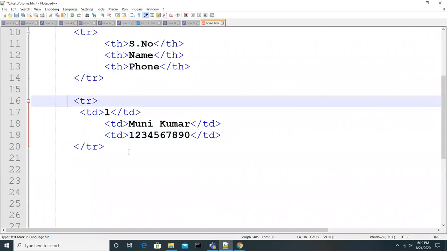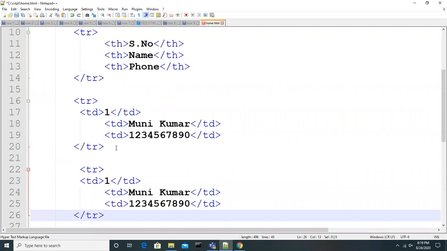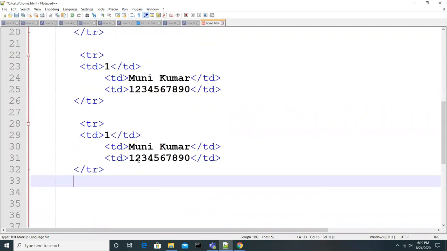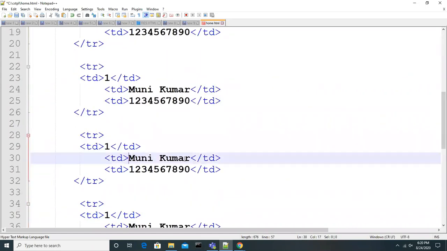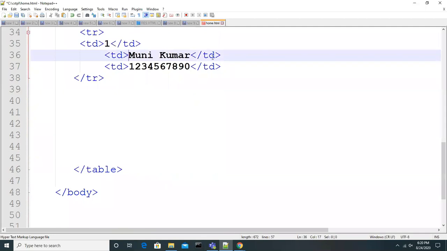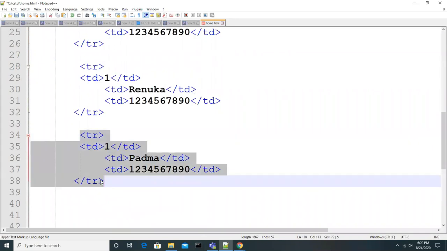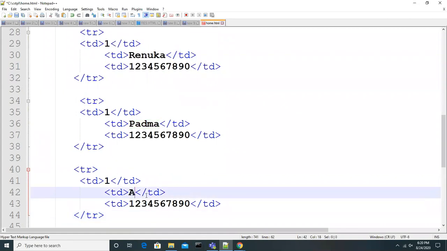Like this, I will create many rows here. Row 1, row 2, row 3, like this. Let's say row 3 and row 4 also. The first one is Munikumar, the second one is Inka, the third one is, and the fourth one is.